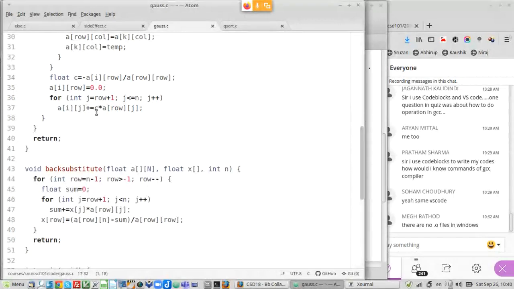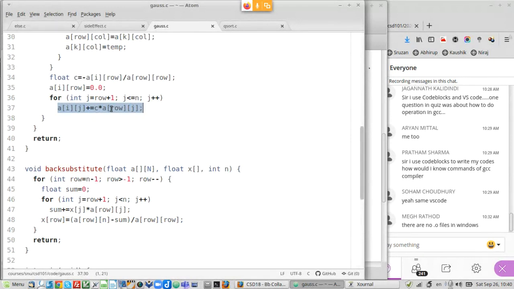So you're doing Aij plus equals C times A row ij. So you're simply multiplying the pivot row by the constant and adding it to the elimination row. And you're guaranteed that it is going to be 0. So since these values are real numbers, I'm just saying that I know this will be 0, so I'm making it 0. Okay? And I'm starting from row plus 1. And the corresponding values for the coefficients in that row will be these. Aij will be Aij plus C times A row j.